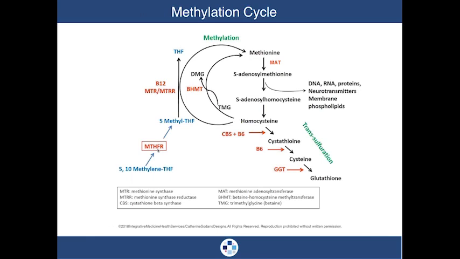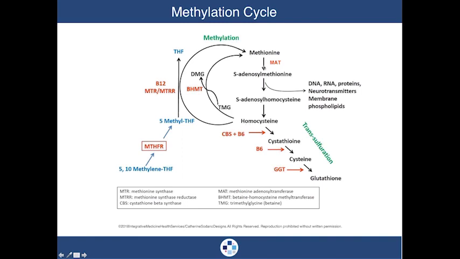Now, the methylation cycle, you may have seen these particular pictures before. There are two different ways for proper methylation. There's a little shortcut here, and then there is a long cut here. Now, the shortcut to methylation is right here. TMG, that's your trimethylglycine, also known as betaine, goes through an enzyme, which is right here, BHMT. That's betaine homocysteine methyltransferase. And that will take the homocysteine as it goes through metabolism back to methionine.